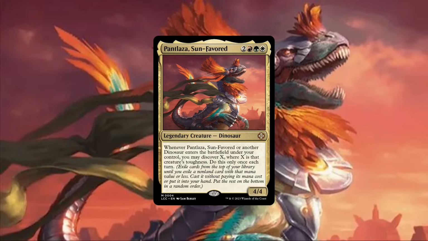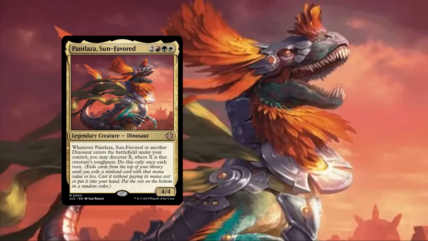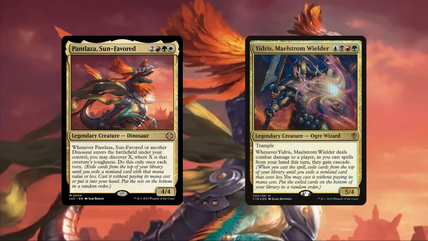Discover mechanic, which, at first glance, immediately draws similarities to the existing Cascade mechanic, since they both let us dig through our deck for another spell that we may then cast from exile at no mana cost. The important distinction, however, is that, unlike Cascade, we don't lose that spell if we choose not to cast it, as it gives us the option to add it to our hand instead so we can hard cast it later,